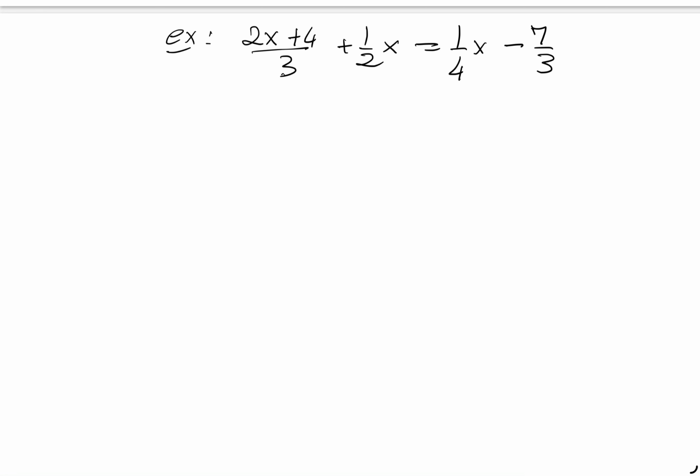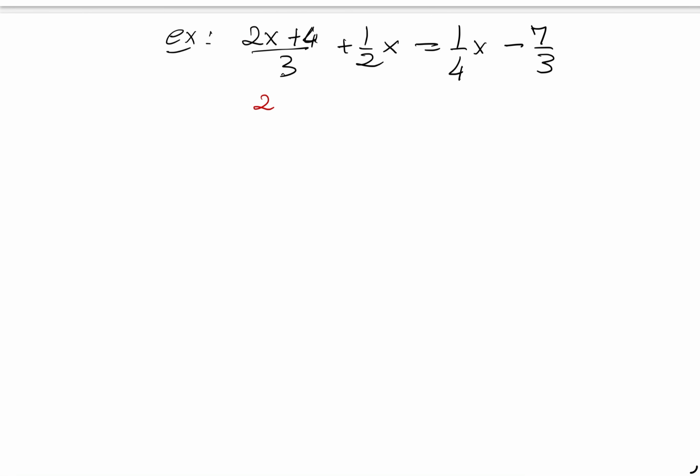To solve this one, first of all, you have to reduce to the same denominator. Either way is fine. So you have to multiply this side by 2, the top and the bottom, and multiply this side, the top and the bottom, by 3. So you will end up having